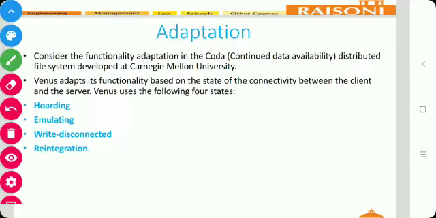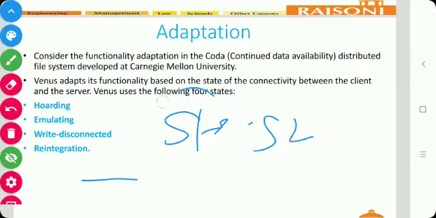Here each system state corresponds to an environmental state, and each system state is associated with appropriate functionality, which means the application will perform the appropriate functionality in the particular state. It performs the operations associated with that state until the state is changed.